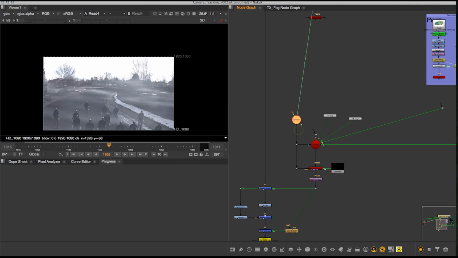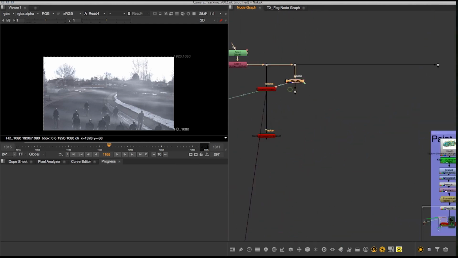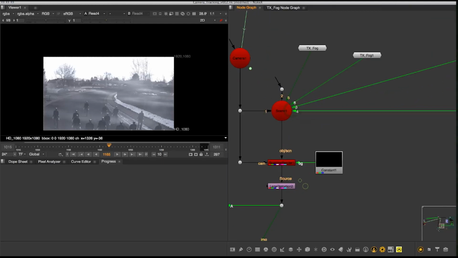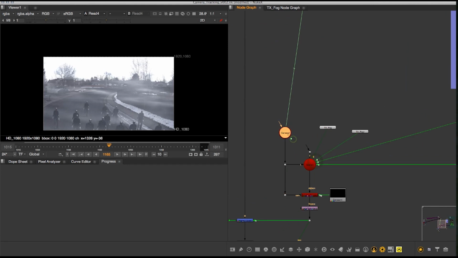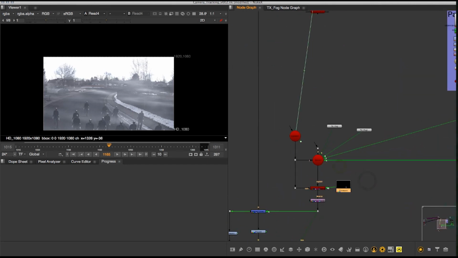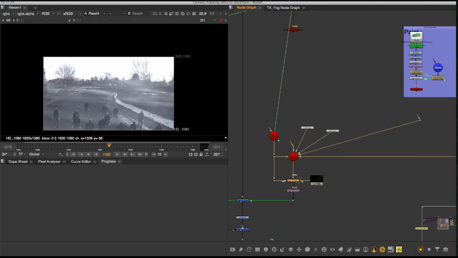If we link it, it creates an expression link. It creates a lens distortion node that it calculates, which we can use to add the lens distortion to our CG elements, and it creates a camera, a scene, a scanline render. We put a constant on the background so that we're only getting our 3D elements out of the 3D scene,